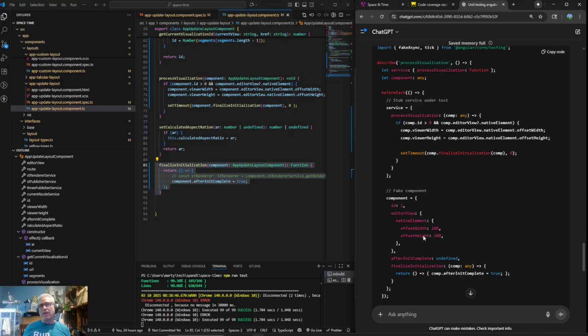Yeah, see, here's where we're mocking the component. So we need this. Okay, so